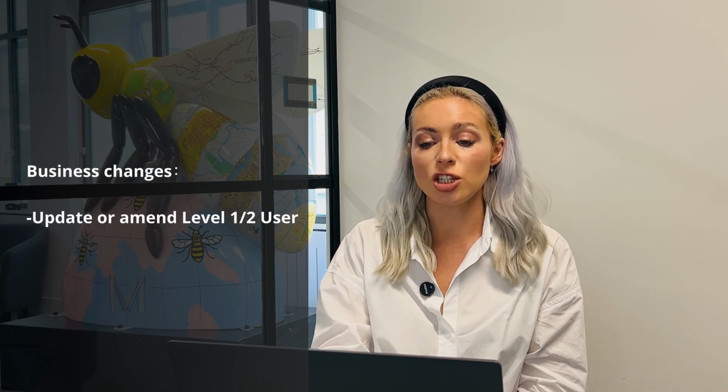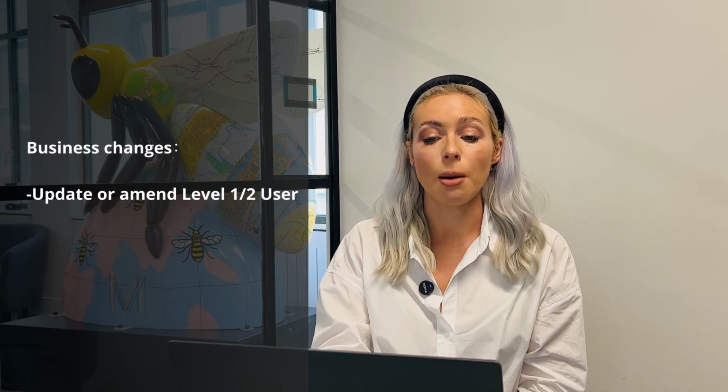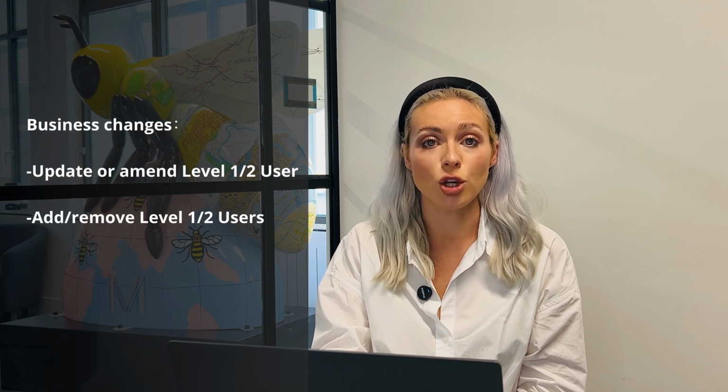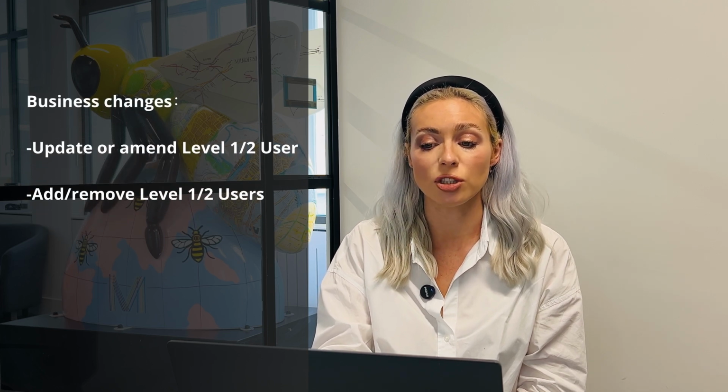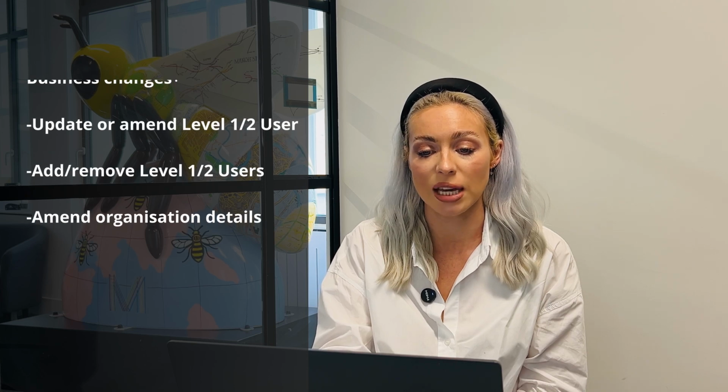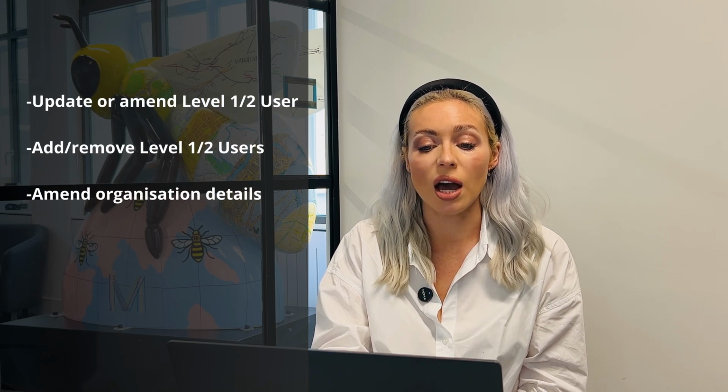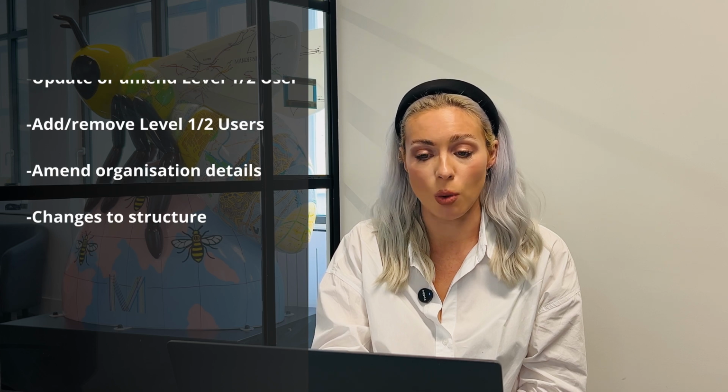Now, changes in relation to the business are slightly different, except where you are replacing your authorising officer or your key contact. You must report changes to your organisation or business within 20 business days of the relevant event occurring or the date after you became aware of the change. These changes include, but are not limited to, amending or updating a level 1 user's details or those of any level 2 users currently active on the license, adding or removing other level 1 or level 2 users as required,